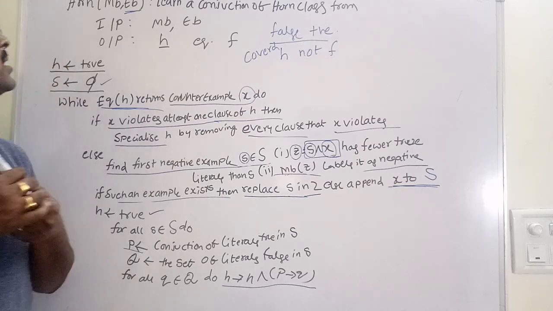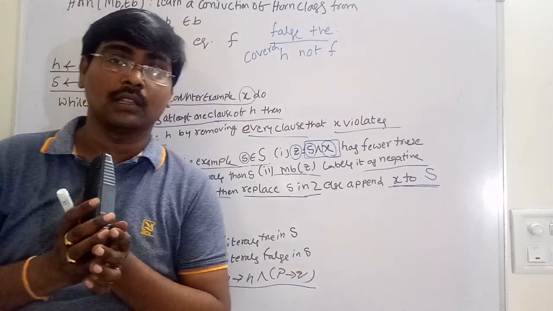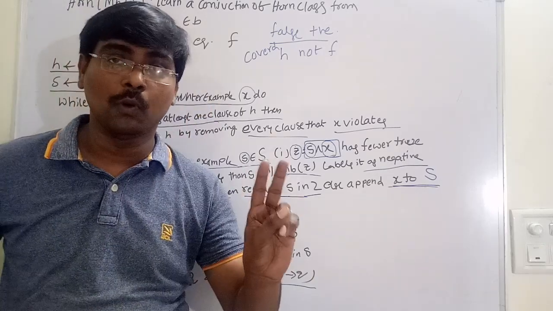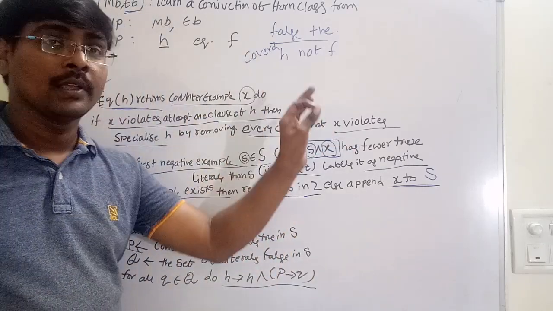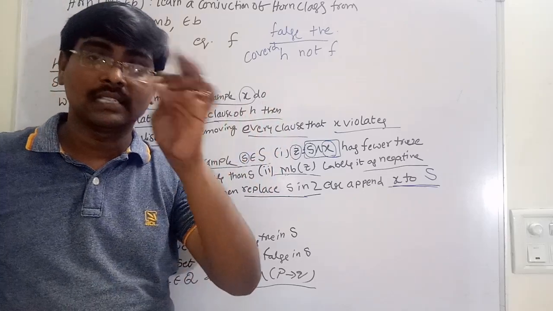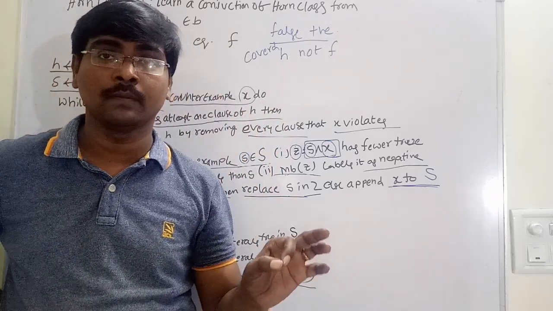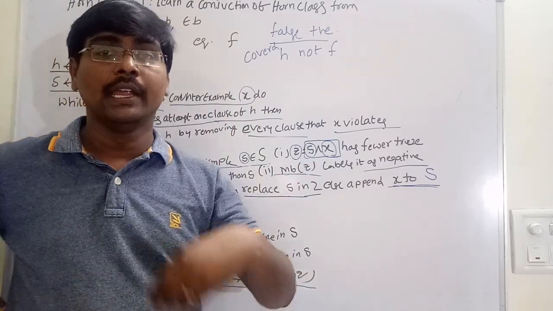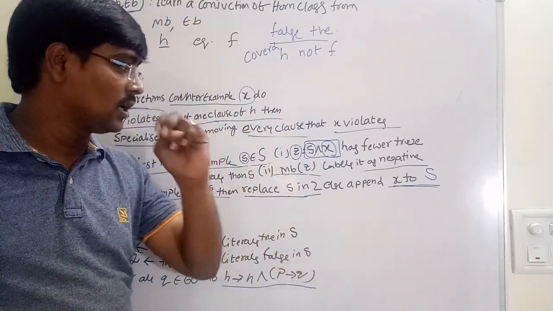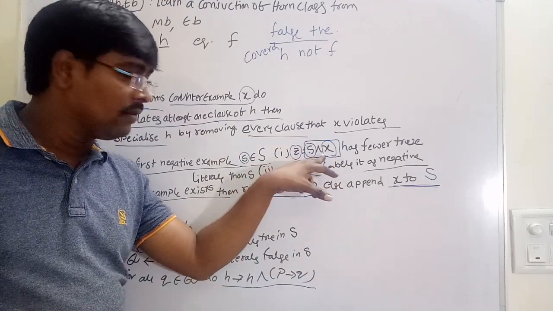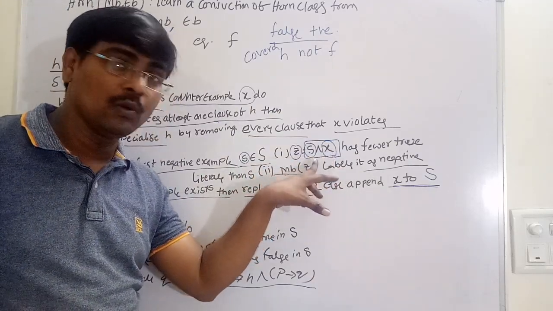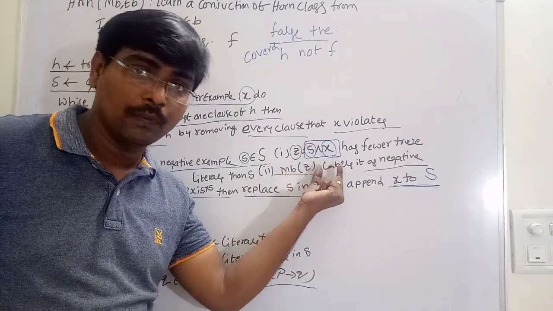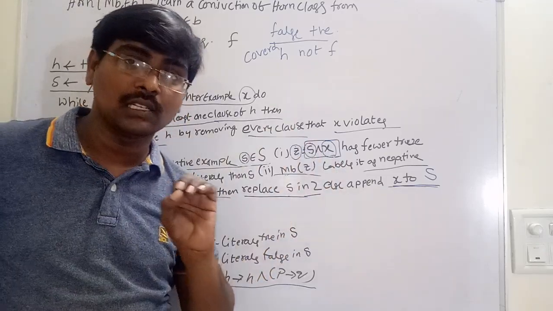Okay, this is the Horn class method. The concept is very simple, with two points. The first step: S is the set of all negative examples, and it rebuilds the hypothesis from the set S. The second: instead of directly adding the negative example to the set, identify the fewer letters that are set to true.